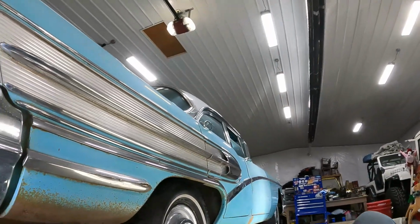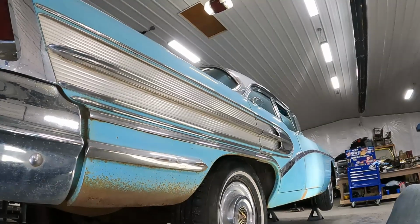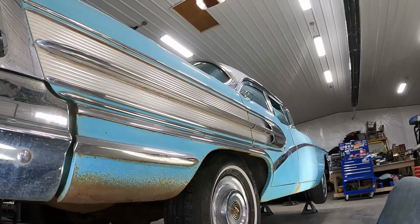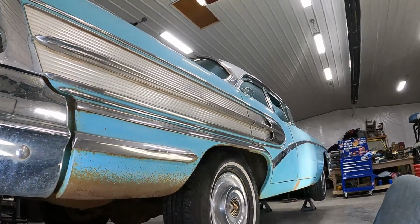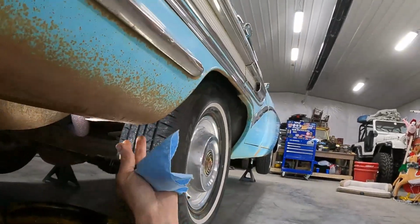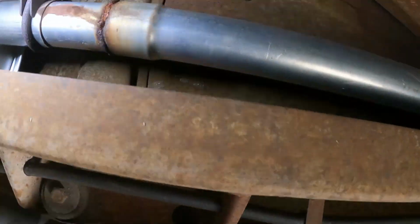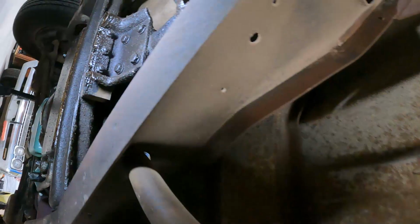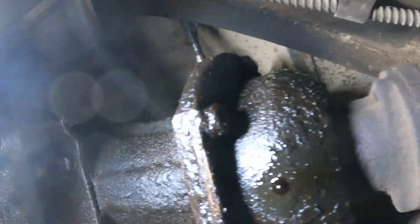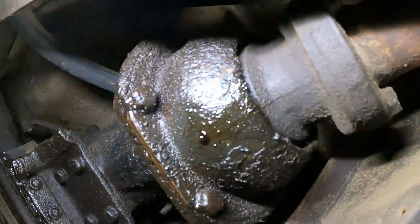But we are back on the Buick Special. And if you go back, we did speedometer repair, some lighting. We fixed all the engine oil leaks and some other stuff, and now it's time to get under here because we've got transmission leaks, and I'll show you what's going on. I mean, these Dynaflows, it's got the automatic Dynaflow with kind of the reversed shifter, but it's leaking at